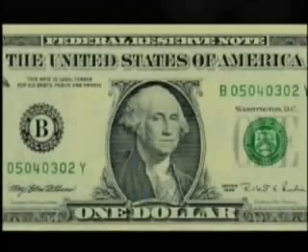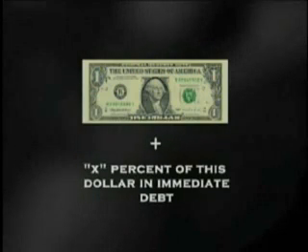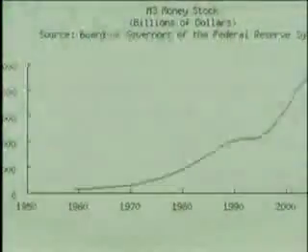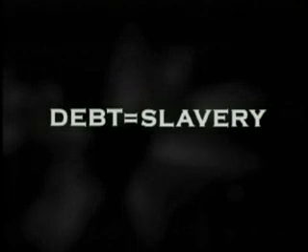It doesn't take a lot of ingenuity to figure this scam out. For every single dollar produced by the central bank is loaned at interest. That means every single dollar produced is actually the dollar plus a certain percent of debt based on that dollar. And since the central bank has the monopoly over the production of the currency for the entire country, and they loan each dollar out with immediate debt attached to it, where does the money to pay for the debt come from? It can only come from the central bank again, which means the central bank has to perpetually increase its money supply to temporarily cover the outstanding debt created, which in turn, since that new money is loaned out at interest as well, creates even more debt. The end result of this system without fail is slavery, for it is impossible for the government and thus the public to ever come out of the self-generating debt. The founding fathers of this country were well aware of this.